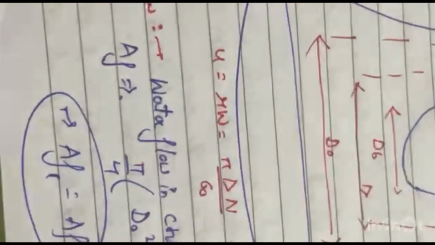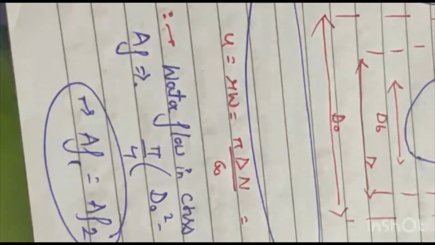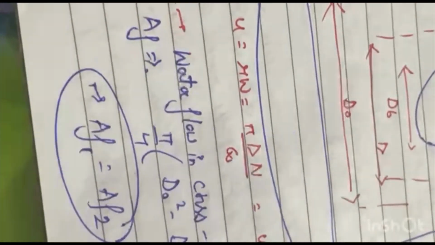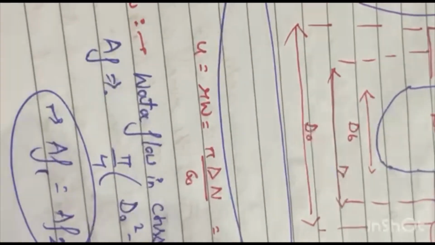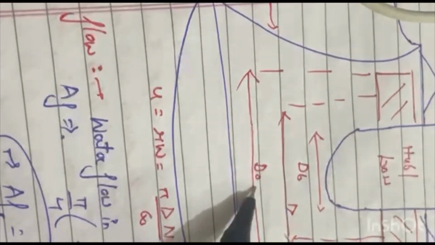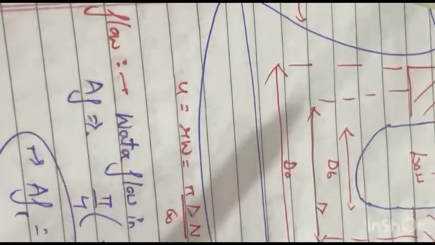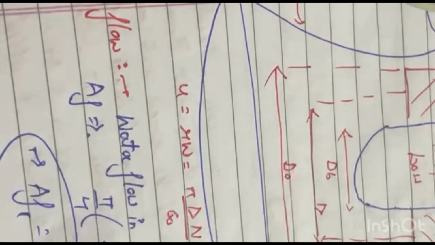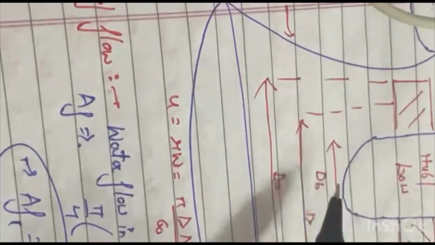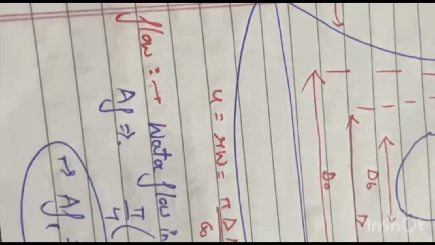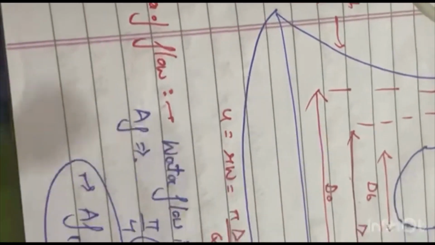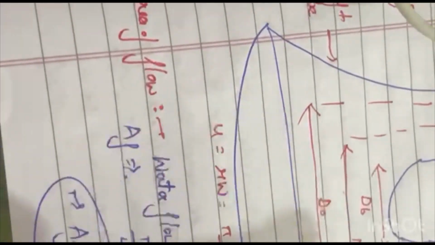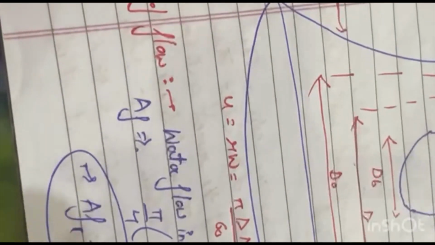एरिया फ्लो होता है वाटर फ्लो इन द क्रॉस सेक्शन एरिया। वी नो दैट डिनोटेड बाय AF। इसका होता है π/4 (D² − DB²)। D मैंने आपको बता ही दिया है, D मूविंग वेन का डायमीटर है, और DB डायमीटर ऑफ हब बोल लीजिए। तो यहाँ से एक बात और क्लियर हो जाती है, एरिया फ्लो इनलेट पे और आउटलेट पे बिल्कुल सेम होगा। दोबारा बताता हूँ, इनलेट और आउटलेट पे एंगल्स जो इसका एरिया फ्लो होगा बिल्कुल सेम होगा।